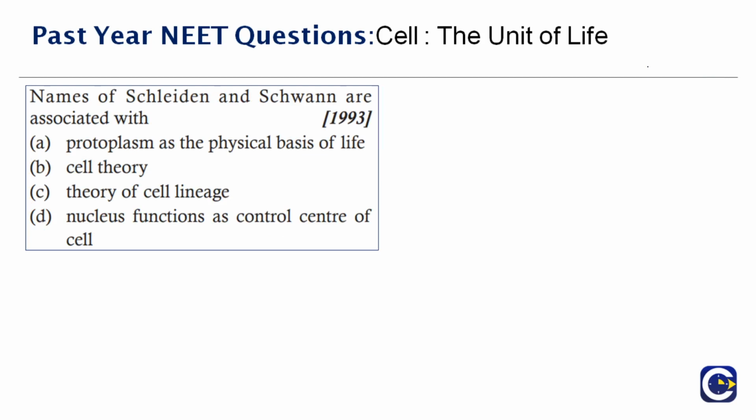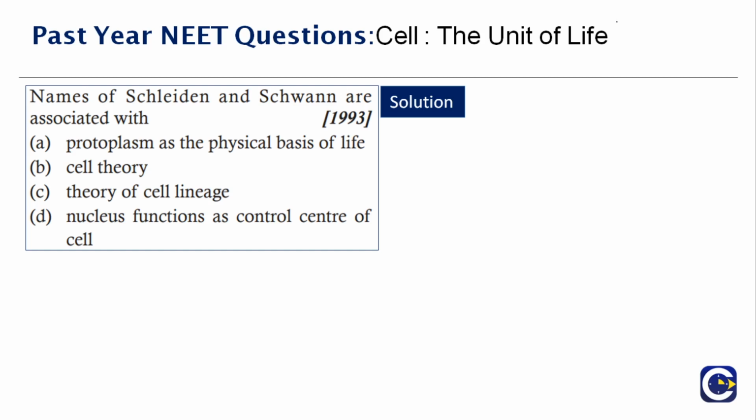Names of Schleiden and Schwann are associated with dash. Okay, now here if you see, this question was asked in the year 1993. You have 4 options here, right? Okay, now as we all know, I think by now you have guessed the answer,